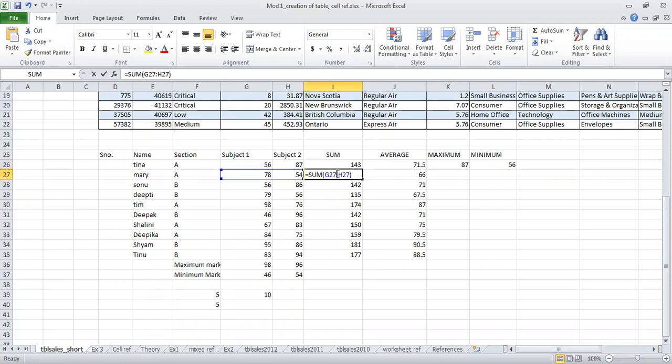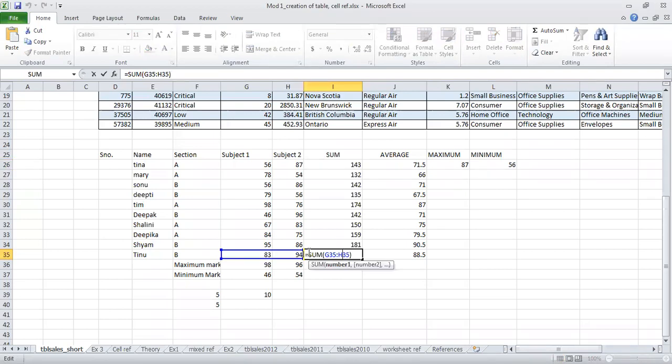So here, automatically, what is happening in the next cell is that it is taking the cells towards its left, 78 and 54. Likewise, if you see towards the last cell also, it has taken 83 and 94, which are on the left hand side of the formula cell. So when you type the formula in one cell and copy the formula to all the other cells, and it automatically calculates the value based on the cells towards its left, this is called relative referencing.